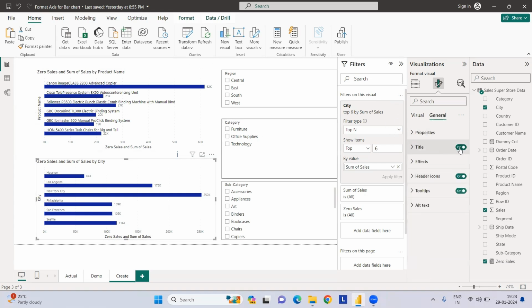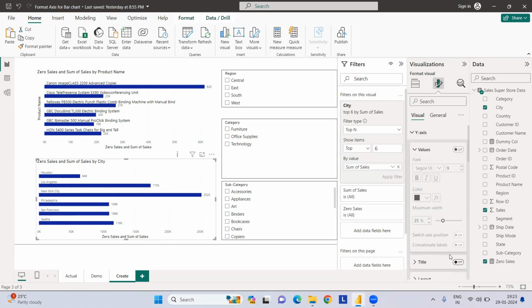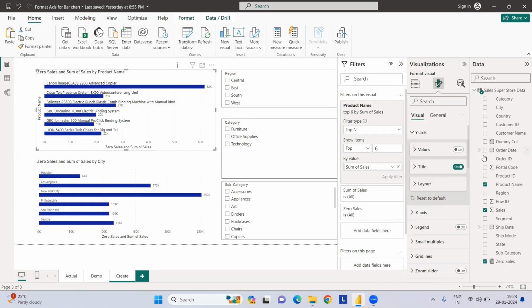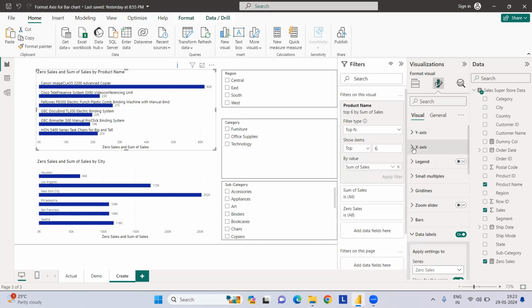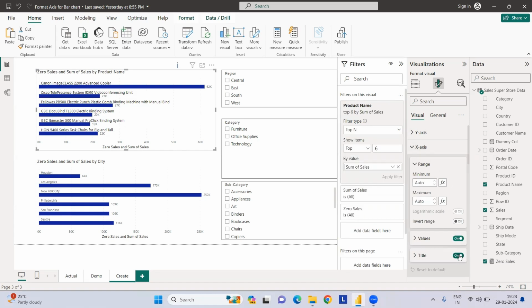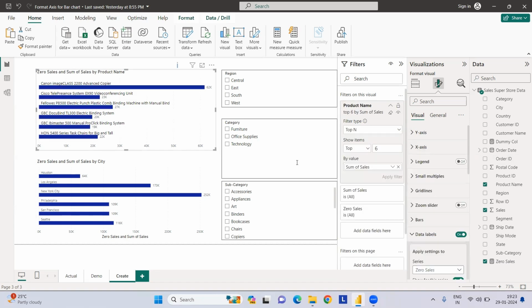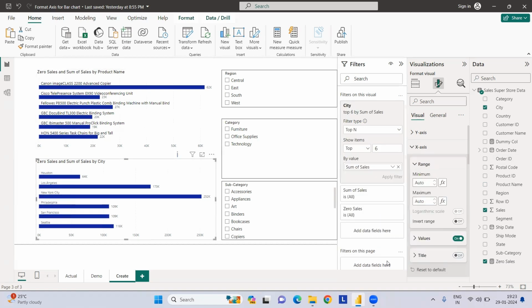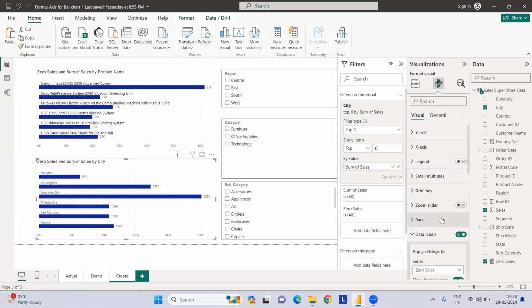Actually, if I just go here, then I would say I should go to title, off the title as well. For this particular chart also, let's off the title. And for x-axis also, we can do the similar thing. Value, we can have it, because it's quite understood by the title name itself for this graph also. And title no. Okay, now this looks okay, and we just need to do a bit of formatting to make